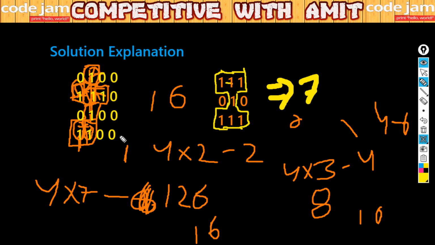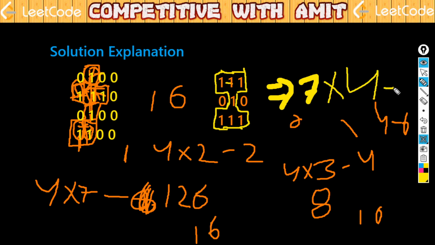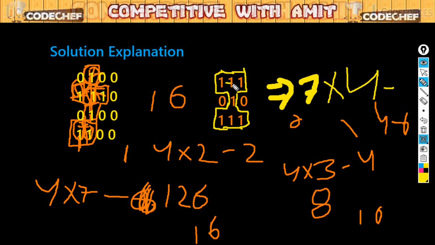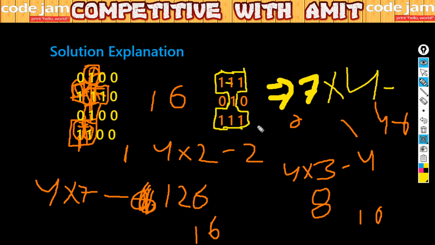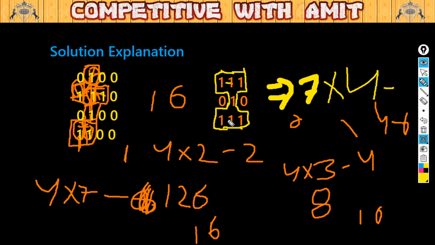So how many nodes are there? 7, and we multiply it by 4. Now what do we have to subtract? We have to subtract the number of connected nodes multiplied by 2. So in this case, 1 left, 2 left, 1 bottom, 2 bottom, 3 bottom. So 1, 2, 3, 4 and 5. So there are 6 connections. Why 6? This one will also come for this bottom. So there will be 6